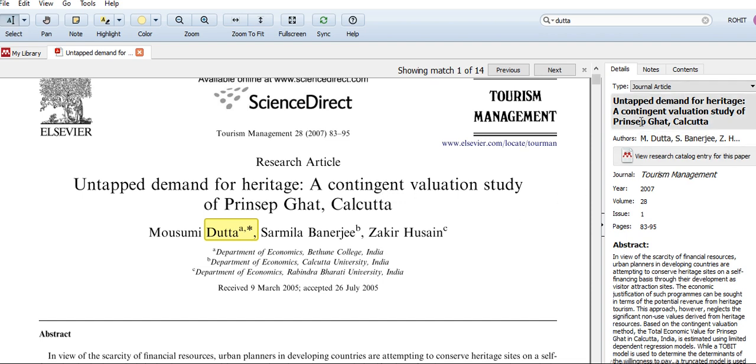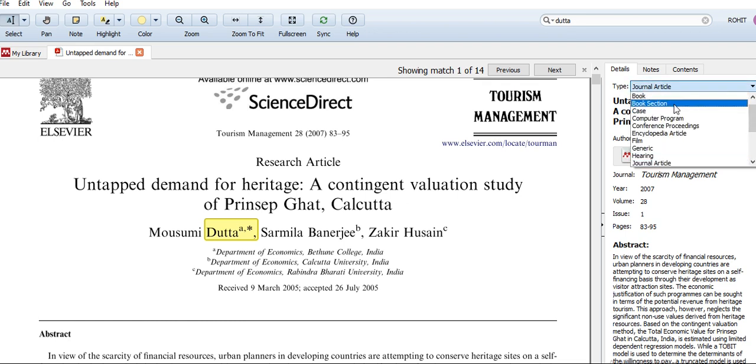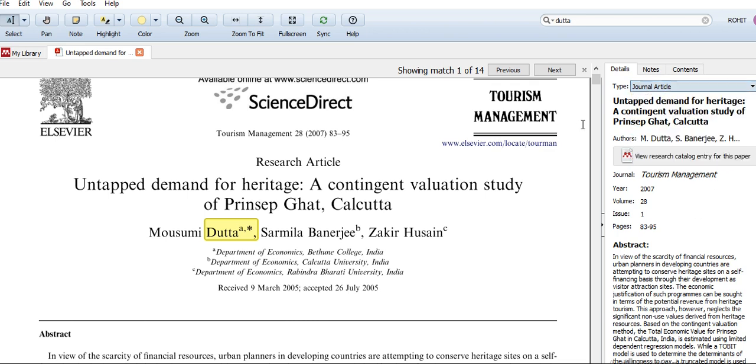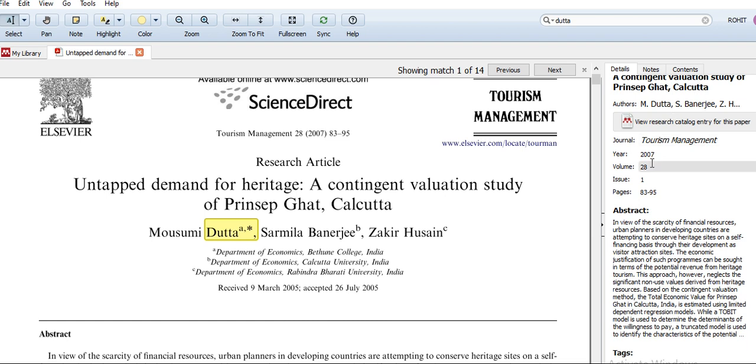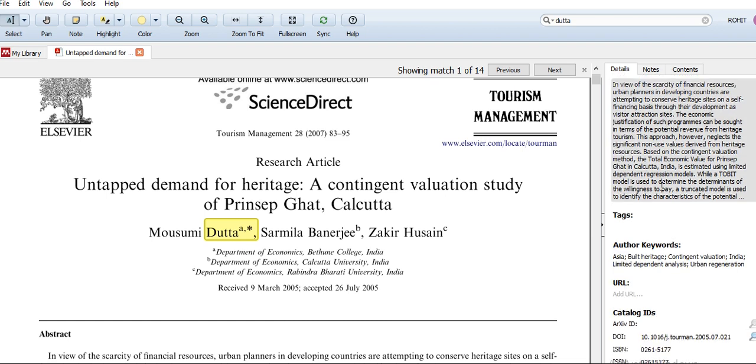Like I said, when you go to Mendeley, you have this side which is the metadata. If you look at the metadata, it will tell you what the article is: a journal article, a book, all this you can choose. So it's a journal article, right? This is already there. You just need to check whether this and this are matching. This metadata is already inserted.